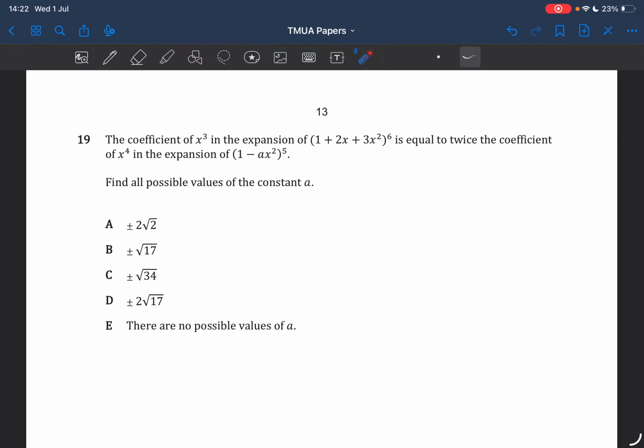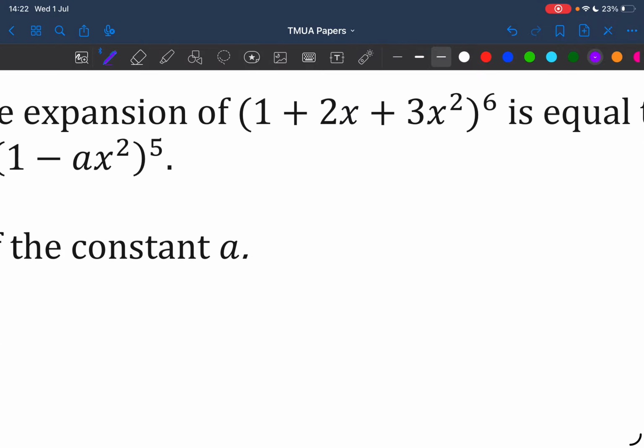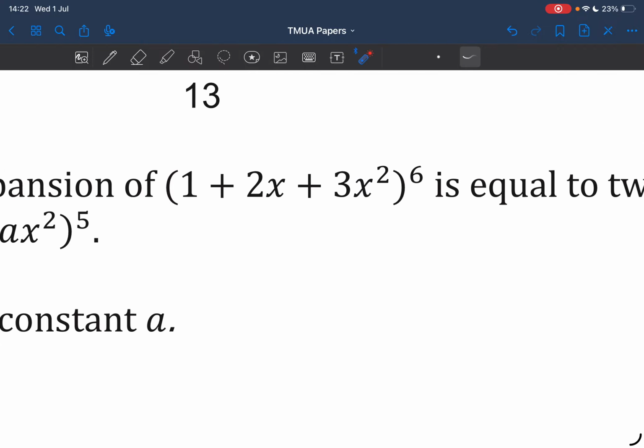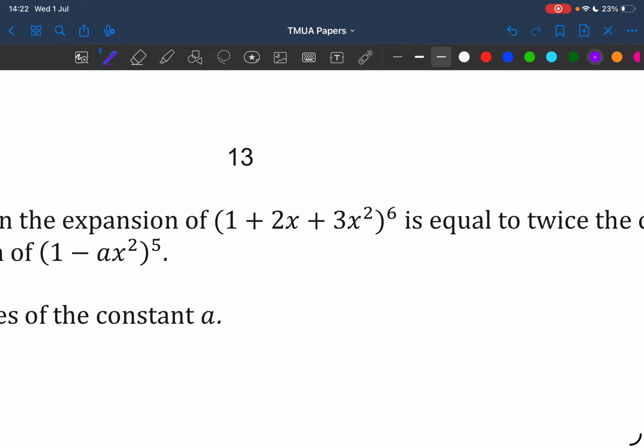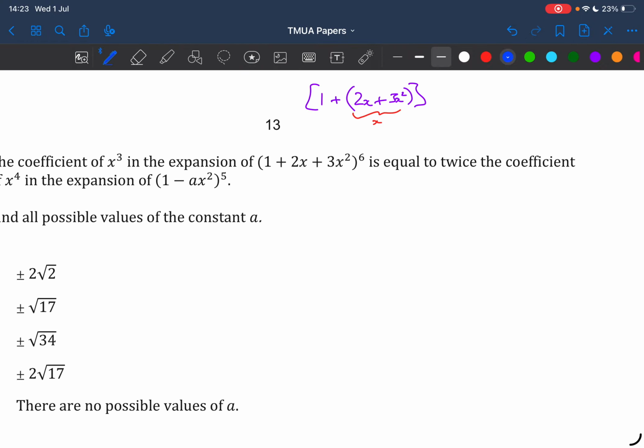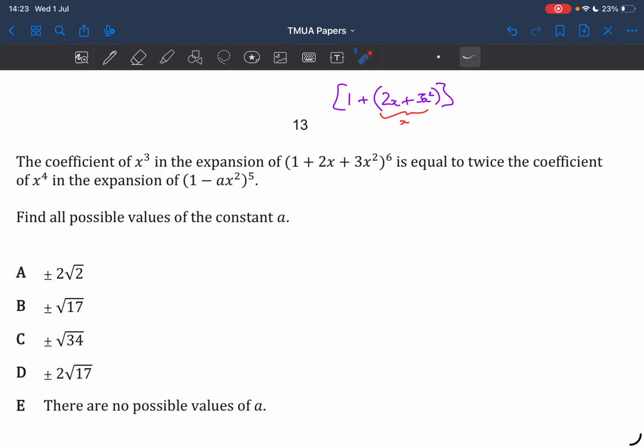The coefficient in the expansion of this thing, of x cubed, is equal to twice the coefficient of x^4 in that thing. Okay. So when you've got these triples, you want to do a binomial expansion, but it's like a trinomial, so we're going to just group it differently. So it's 1 plus 2x plus 3x squared. That whole thing is grouped. So that bit is the x that you'd see in the normal part of it. So if we want to find the cubic expansion of that,